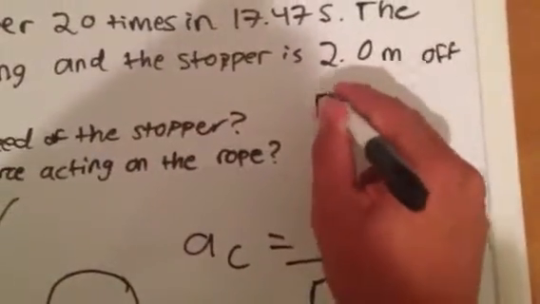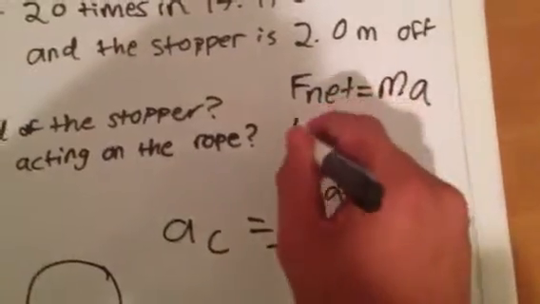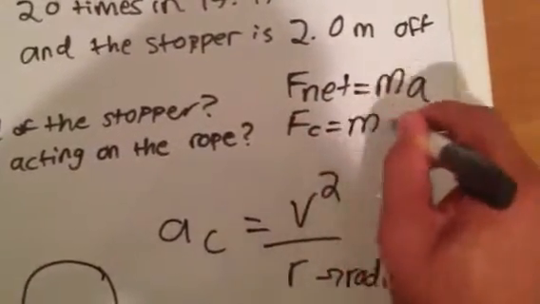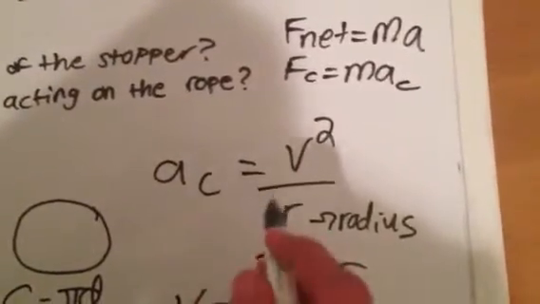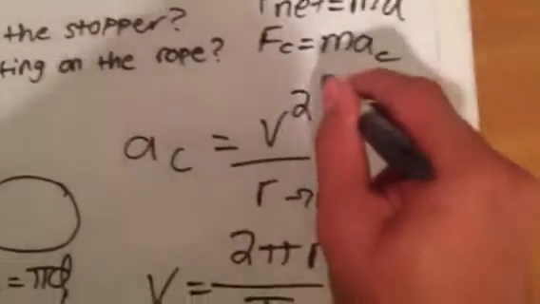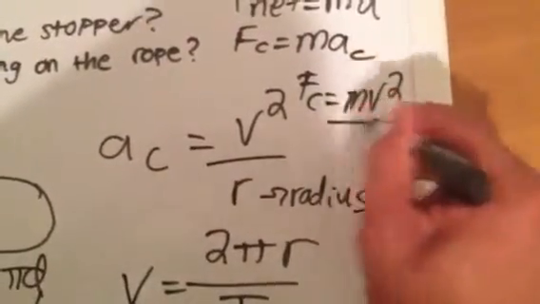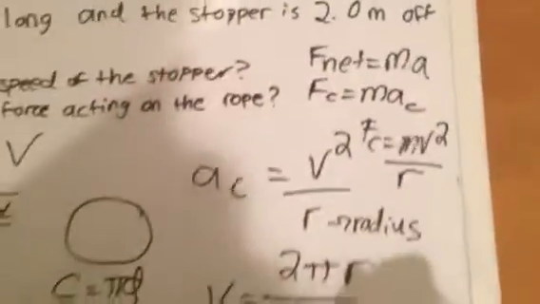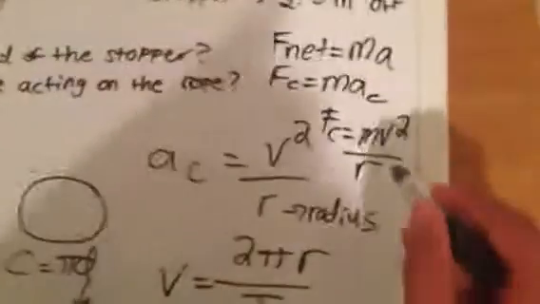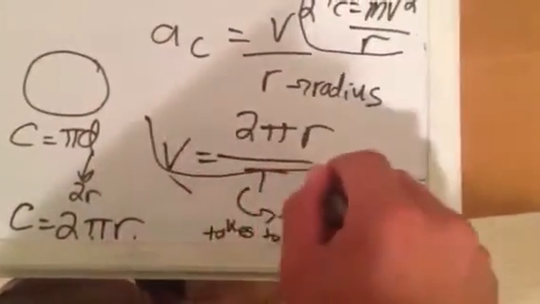We know that the net force is equal to ma. Well, for the centripetal force, it is equal to the mass times centripetal acceleration. Well, if we know that centripetal acceleration is v squared over r, we just sub that in. So the centripetal force is m v squared over r. So before we attack any centripetal acceleration problem, it is important to keep this equation in mind, the FC equation,